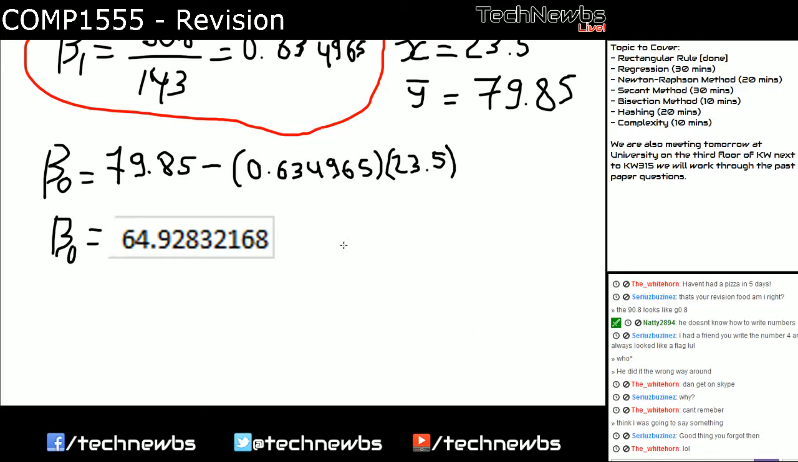Okay, now we have the values of beta 1 and beta 0. We can finally make our equation y equals